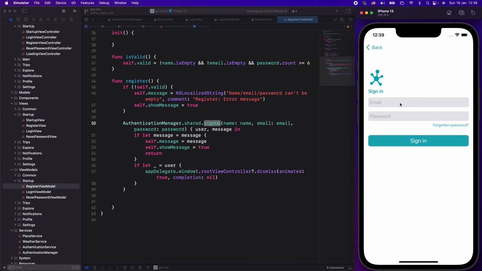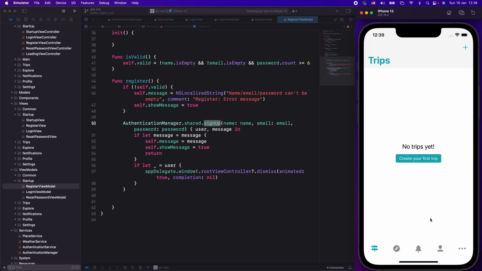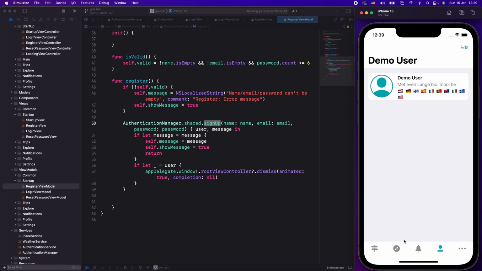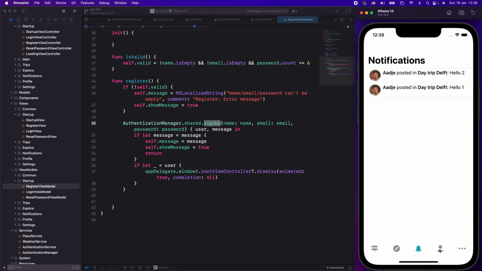So if we now go here and log in with my demo account, and I'll type the password, sign in. We have no trips. That's the issue that I had in the previous episode, but as you can see, we have the user and we have the notifications. So we're actually moving forward, because now I have the user interface for logging in and